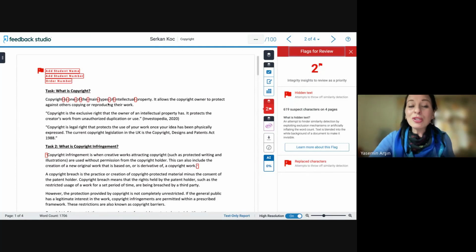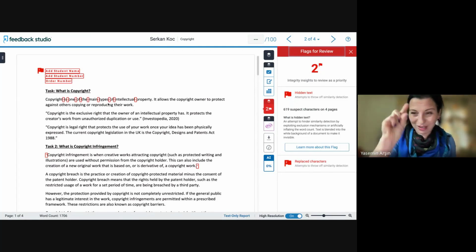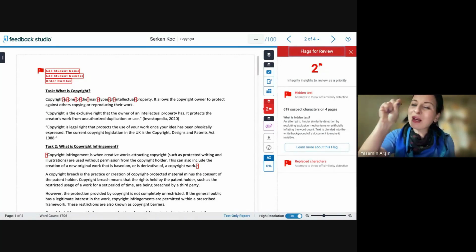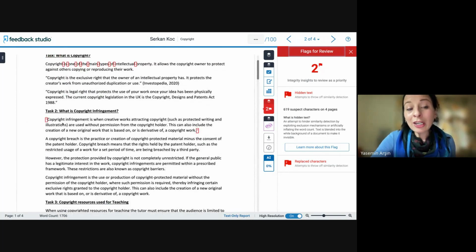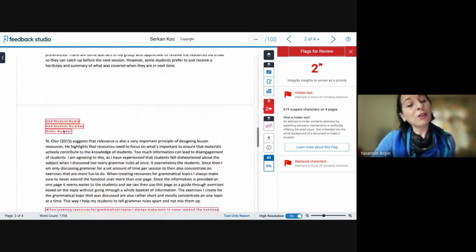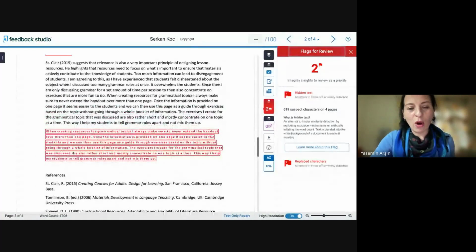And also my student has copied and pasted this paragraph, you will remember it, and put some dashes, hiding them at the white background again. And here, the student has hidden the quotation marks this time at the white background. And also, you will find it a little bit funny. I know that was my initial reaction.